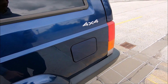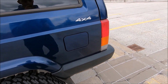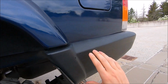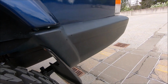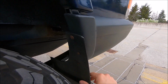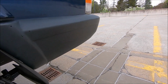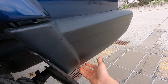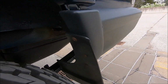Now, one thing to keep in mind with the quarter panels is that the new panels actually do not come with a bracket that is used to hold on the bumper end caps. So they actually just used the ones from the old panels and put them on the new ones because they were still in good shape. And previously, this whole bumper end cap was really flimsy. I felt like I could pretty much just tear it off, but now it's really solid in there,